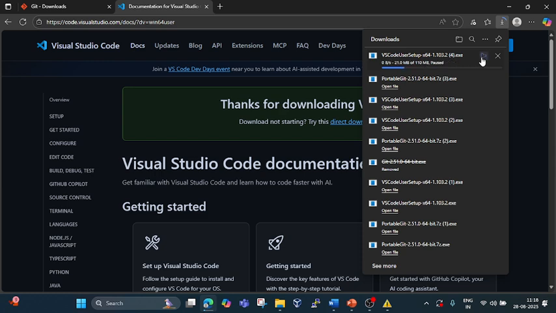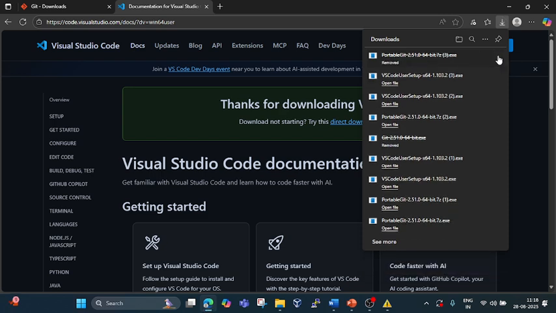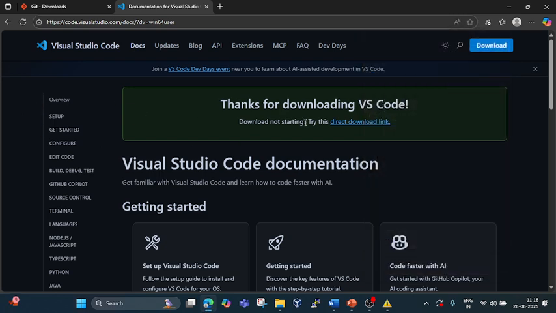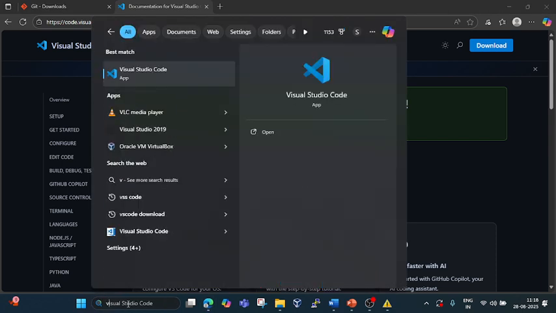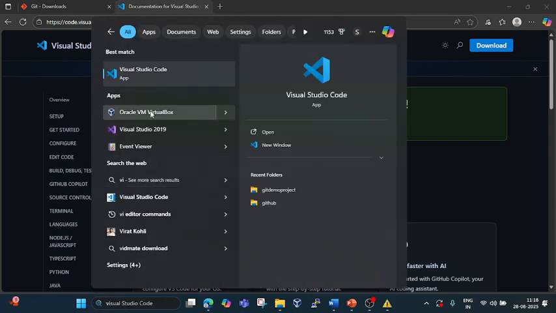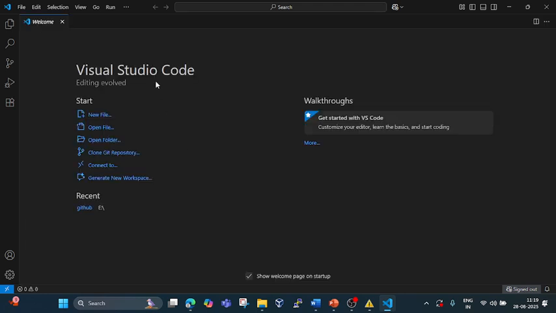For now, I don't need this because I had already installed it. Why waste time? Delete. We don't need this. But in case you find any issue, you can reach out to me, you can comment. And how to check now whether it has been installed? See, Visual Studio Code. Now what's next? You have to open it. And it is opening now. You will get the same interface like this.